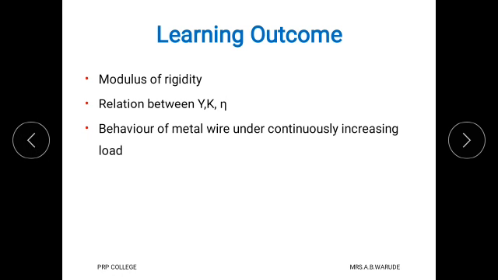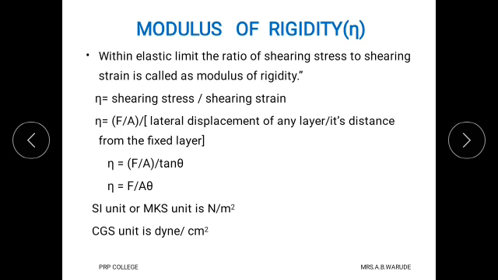After watching this video, you will be able to understand the third type of modulus of elasticity, known as modulus of rigidity, then the relation between Young's modulus, bulk modulus and modulus of rigidity, and how the wire behaves when force is continuously applied on it. Now we first see the third type of modulus of elasticity, which is known as modulus of